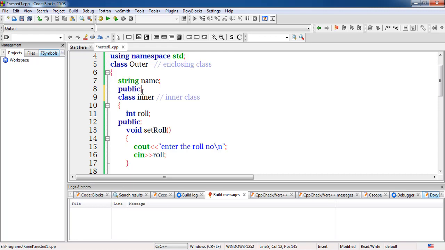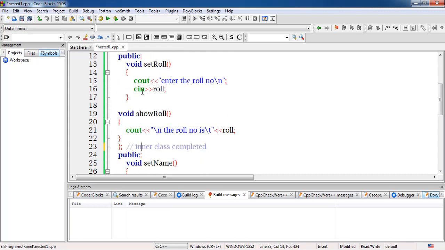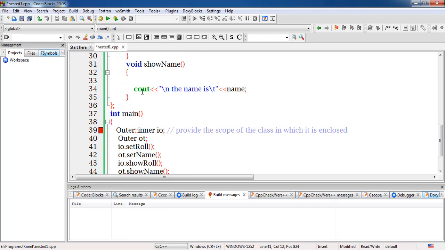So we used the public access specifier, and we are directly creating an object of this inner class inside main. So outside the class we are now capable of creating the object of this inner class, and we are also able to access the data members of this inner class directly. Directly means with the help of the object we are accessing. But in order to have encapsulation, or the concept of data hiding,